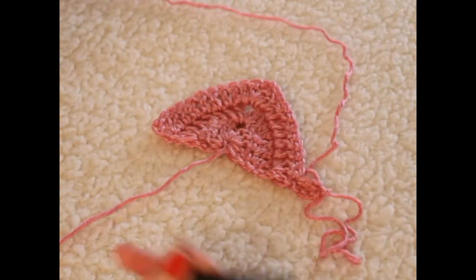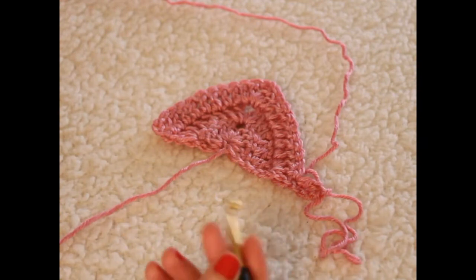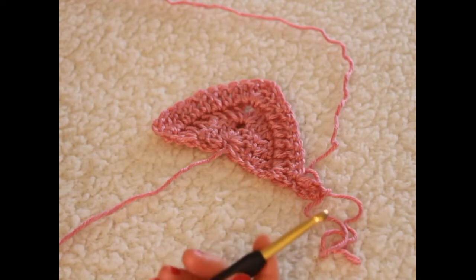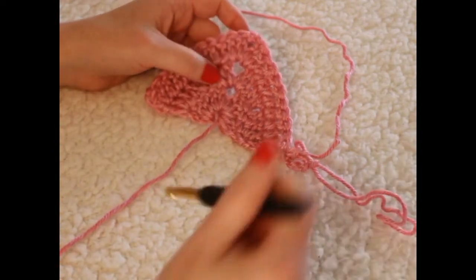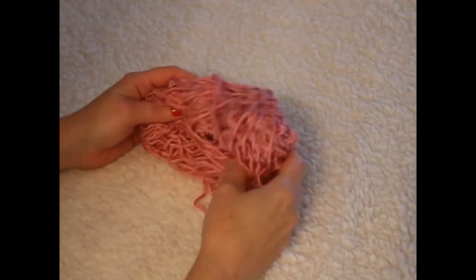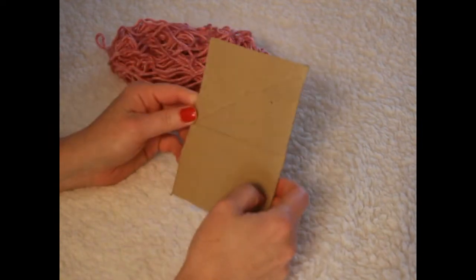I finished mine at 62 inches wide, which is quite wide, but I wanted it nice and soft and, you know, comfy and cozy for the winter. So just carry on, and then I'll show you how to make a tassel and how to attach it to our shawl. So to make a tassel, you are just going to take your cardboard, the size that you want